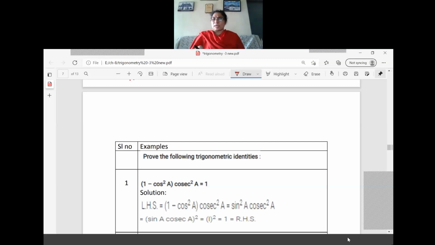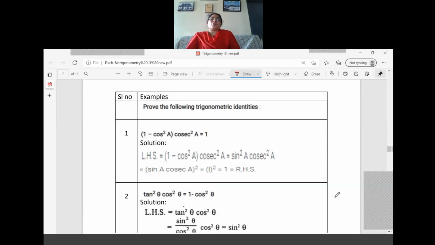There are three ways you can start. Either you start with LHS, then you will reach RHS. Sometimes what will happen, RHS is easy to start, and getting LHS is there. So that way also you can do. And the third way is that you start with LHS, but in the middle you get stuck. So that time RHS also you should start in a similar way. Maybe both answers will match. This you can understand while doing the problems, right?